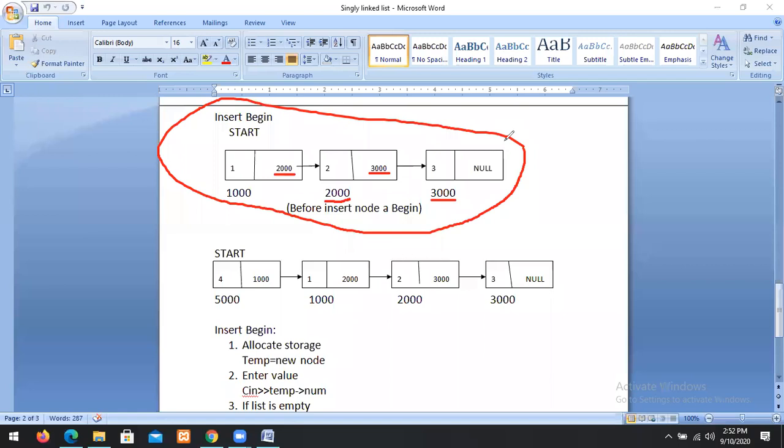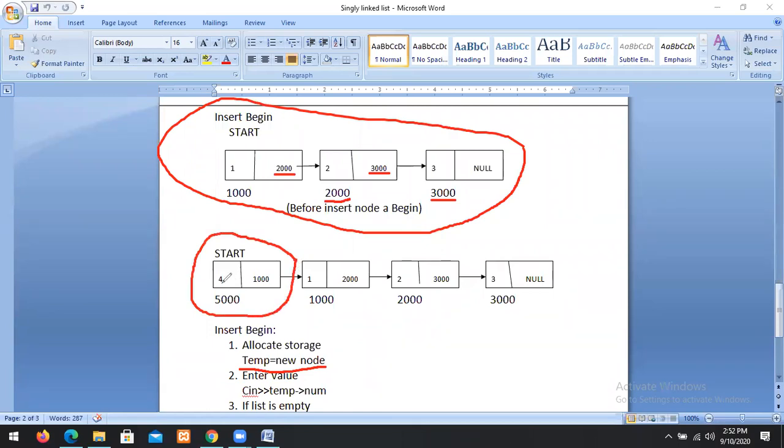So we allocate the storage dynamically for the variable node, that is temp equal to new node. When we write this statement, the system will allocate the storage dynamically. Let us assume that this is the new variable temp.